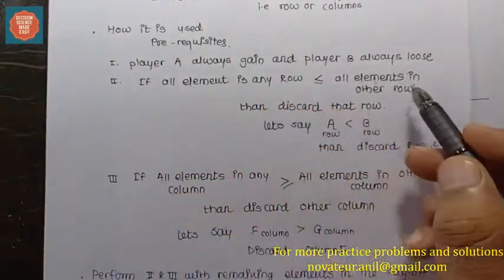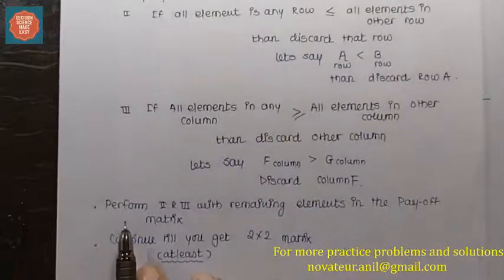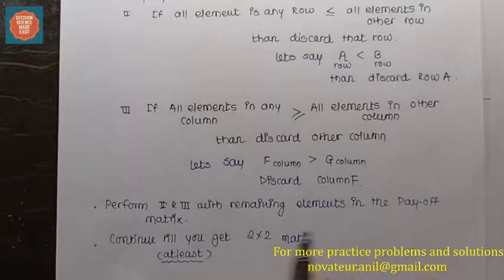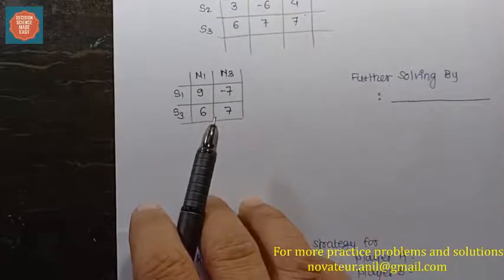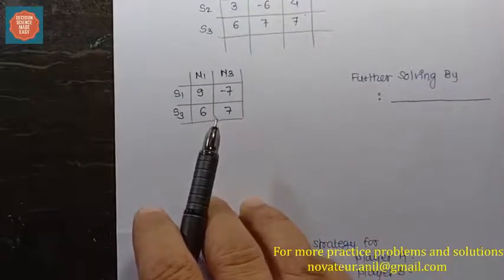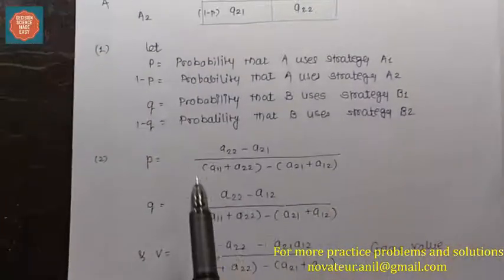Compare all the row elements, which is done. Compare all the column elements, which is done. Perform the remaining elements in the payoff matrix, at least down to a 2 by 2 matrix. So here we got a 2 by 2 matrix. So we are going to solve this 2 by 2 matrix with the original theory that we got here,